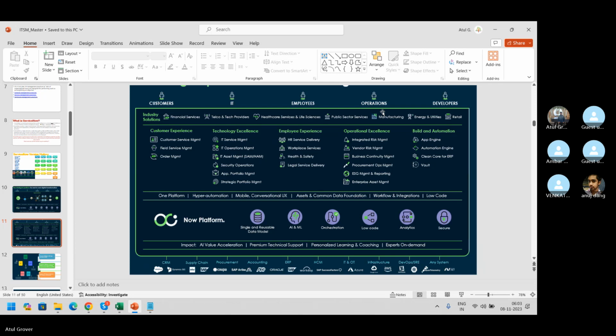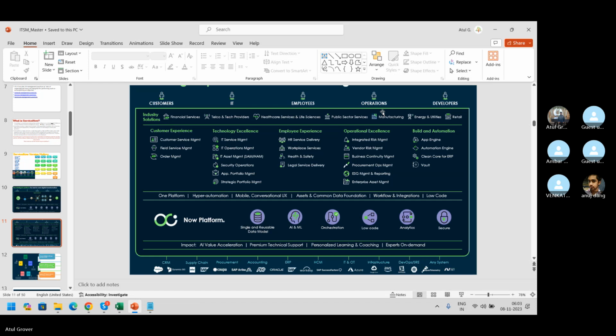So, Atul, what we see in technology excellence, right? There are a number of different models, rather than the applications. I can see the missing area is related to the CMDB, right? CMDB is good.